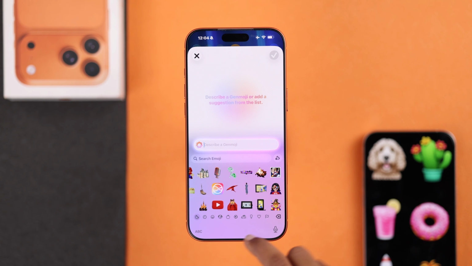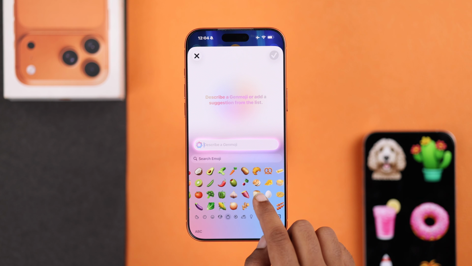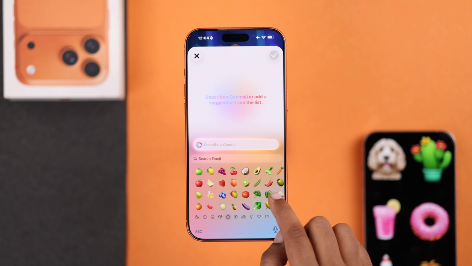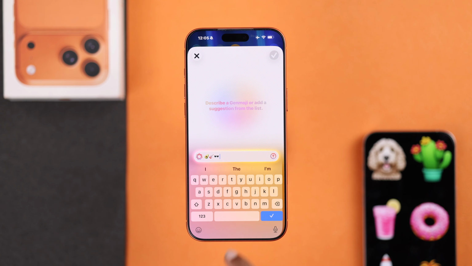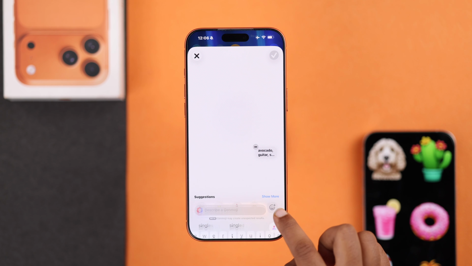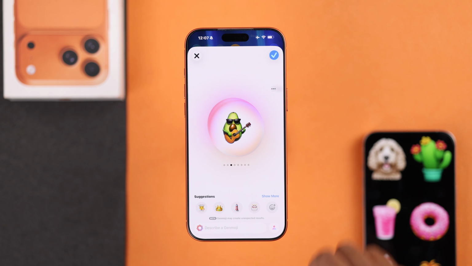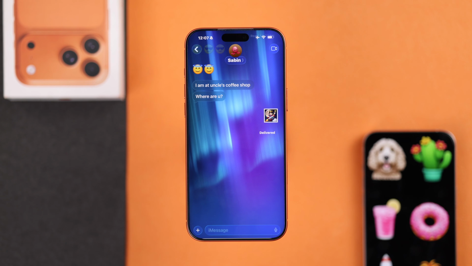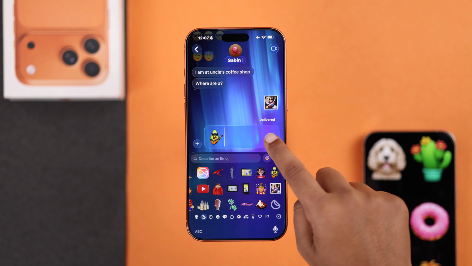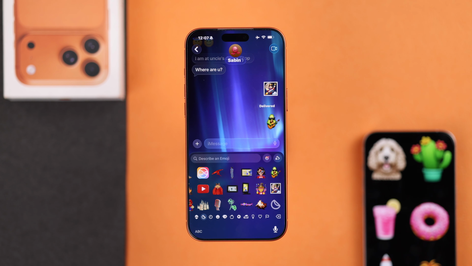You can also mix emotions, actions, and objects for creative results, like I'm giving some emojis and giving a short prompt like a cool avocado wearing sunglasses. Because short prompts usually give cleaner, faster results, and you can refine them anytime for extra details. So once you find the perfect one, just send it, and that's how you can use Genmoji, the fun, creative